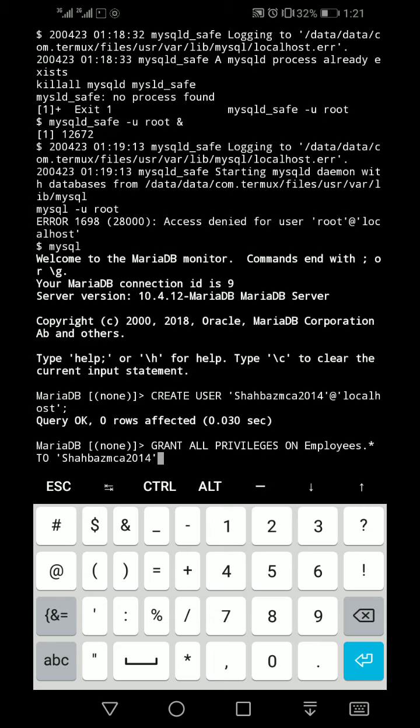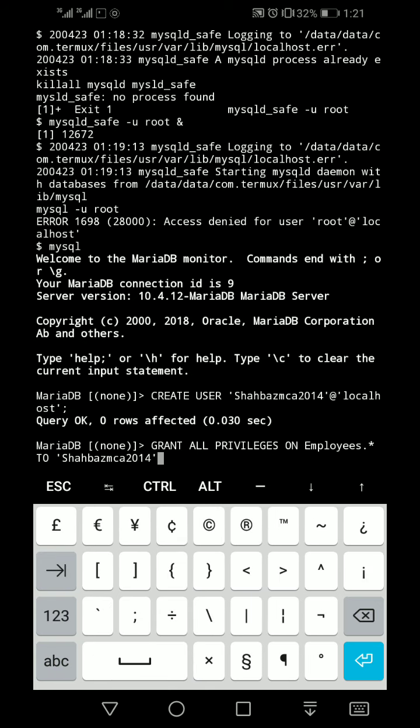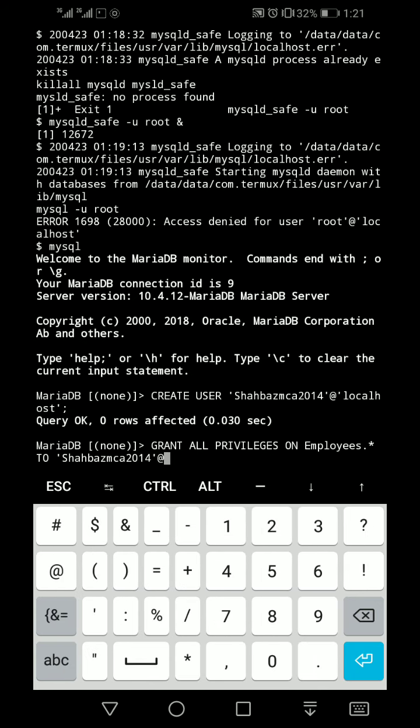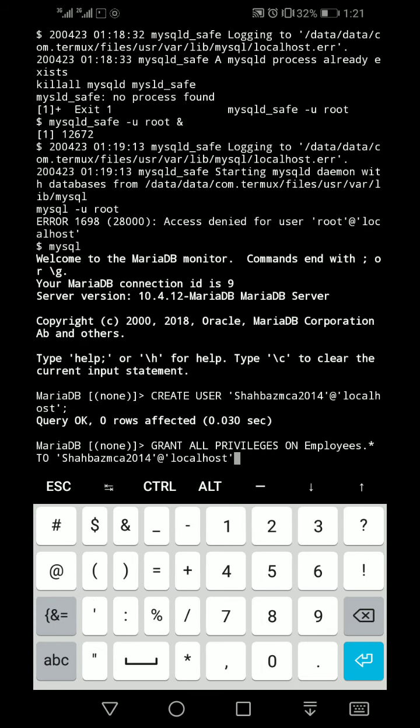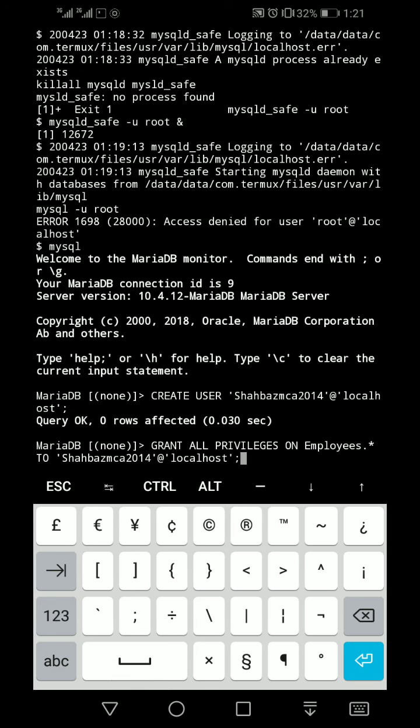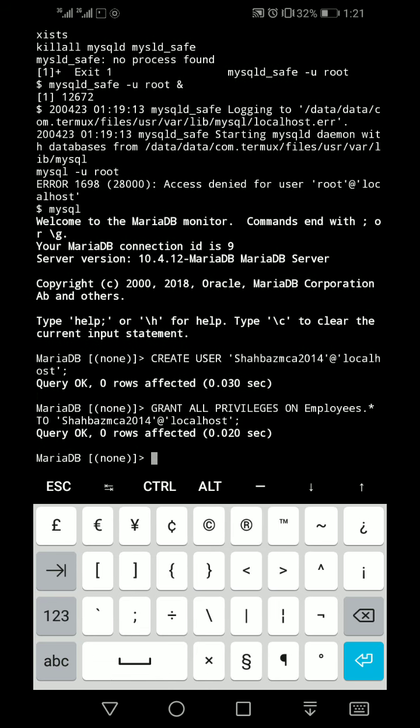To ShahbazMCA2014 and put an @ sign here in single quotes. Type localhost, username and localhost must be taken in quotes, then put a semicolon, enter. Now you can see again Query OK, 0 rows affected.